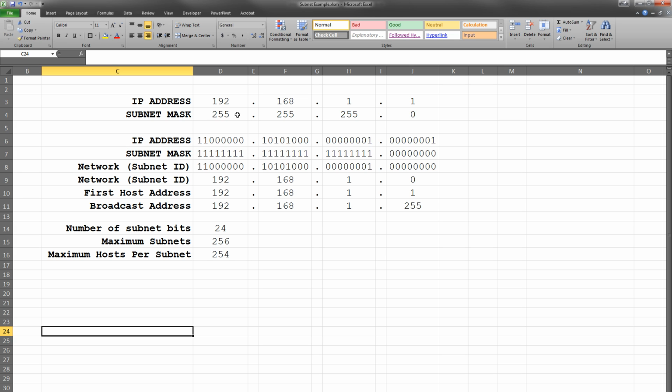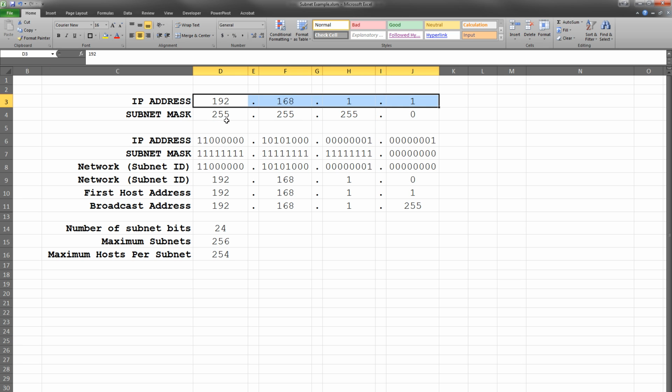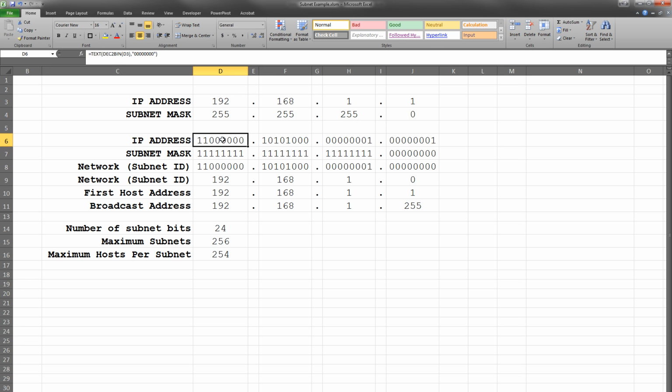And our subnet mask, again, is 255.255.255.0, okay? Or this is a /24, our CIDR shorthand, which tells us there's 24 bits in our subnet mask. The first 24 are all ones, and the last 8 are all zeros. And so if we were to convert the IP address right here and the subnet mask into binary, here's what they would look like. Okay, so this is 192.168.1.1 in binary,